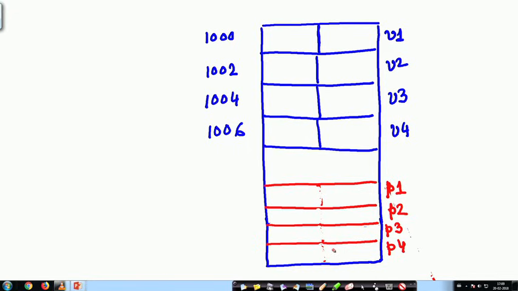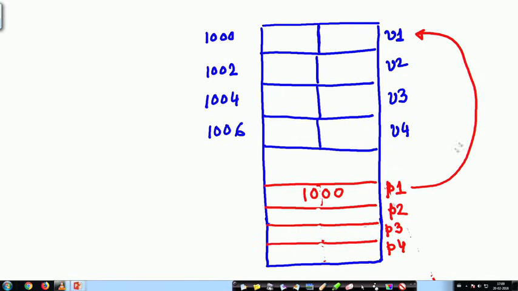All right. So, here P1 is storing the value 1000. Why? P1 is a pointer to this variable. So, P1 tells me not the value of V1, but where V1 is located. So, 1000 is the position where V1 is located.